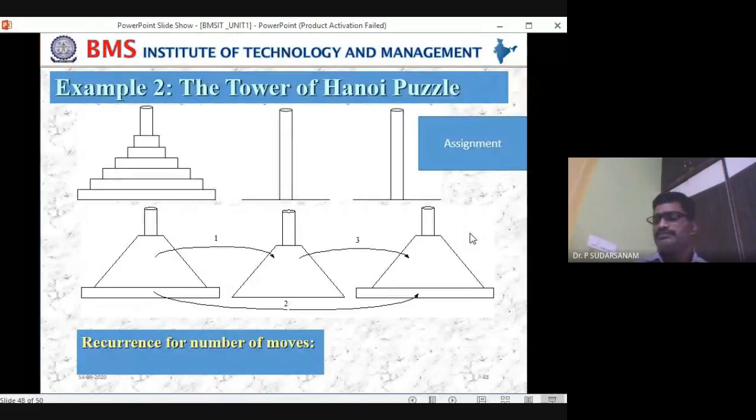So now I will not say the algorithm for this problem. Your assignment is to open your data structures book and write the algorithm. Next, write the program for that. Identify the input size, and identify the basic operations. Write best, worst, and average cases. Write the relationship, and solve the recurrence equation. So these 5 you have to do. This is today's class assignment.